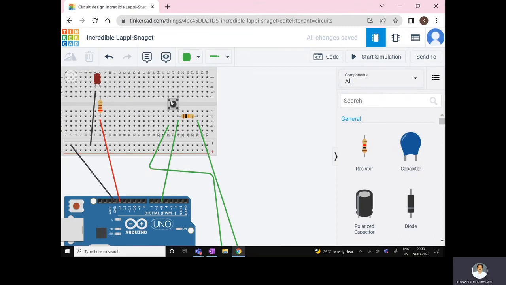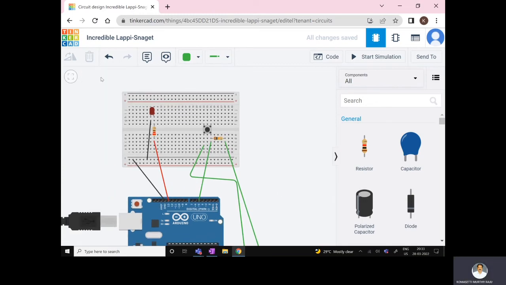This is the push button. It has 4 legs: 1, 2, 3, 4. This one and this one are internally connected. This one and this one are 2A. This one is 2B, internally connected. Here, the 5th pin of the Arduino is connected to one leg of that push button. Okay, connections are completed. Next step is